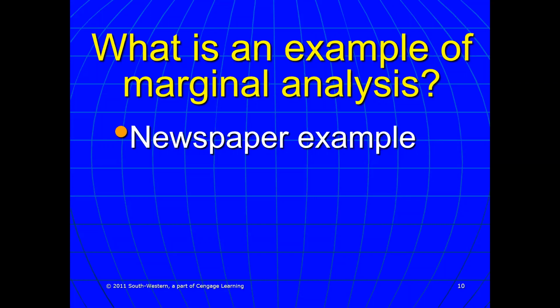But here's the thing, no one takes all 10, because the marginal benefit of a second newspaper after you've read today's Waco Trib is going to be very little. It might be zero for you if you can't find a use for that newspaper. So they know that your marginal benefit of the second or third or fourth, nobody's going to take all 10 newspapers because they only need one. The marginal benefit of that second one is going to be so low, or probably even zero, after you know what's going on today in today's news.